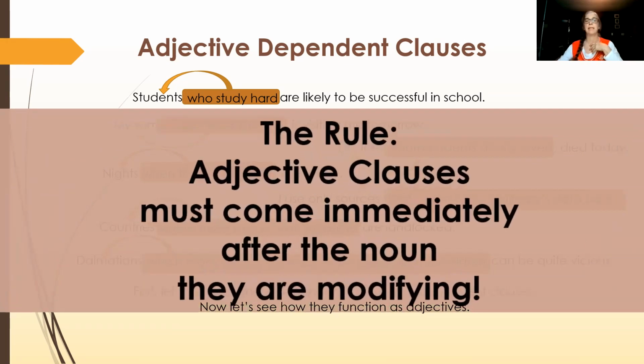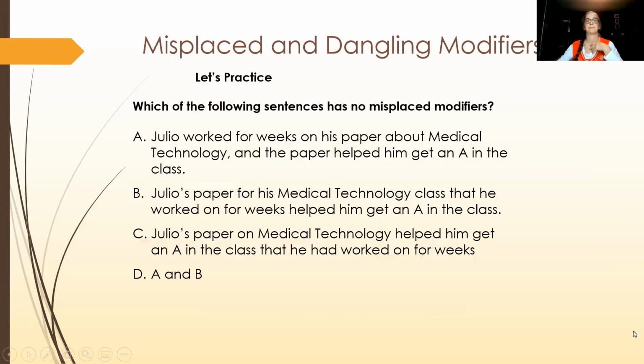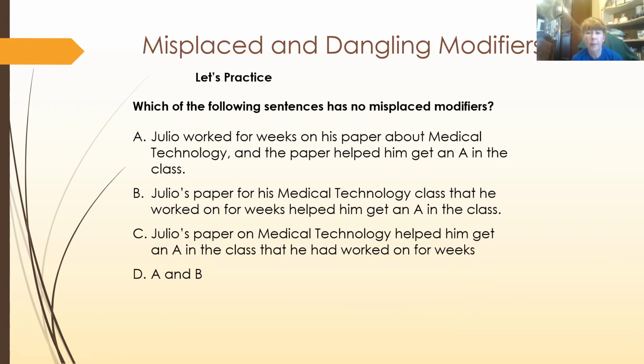Adjective clauses must come immediately after the noun they are modifying. Let's practice. Which of the following sentences has no misplaced modifier? Okay. Julio worked for weeks on his paper about medical technology, and the paper helped him get an A in the class. Julio's paper for his medical technology class that he worked on for weeks helped him get an A in the class. Julio's paper on medical technology helped him get an A in a class that he had worked on for weeks. So it's A and B because